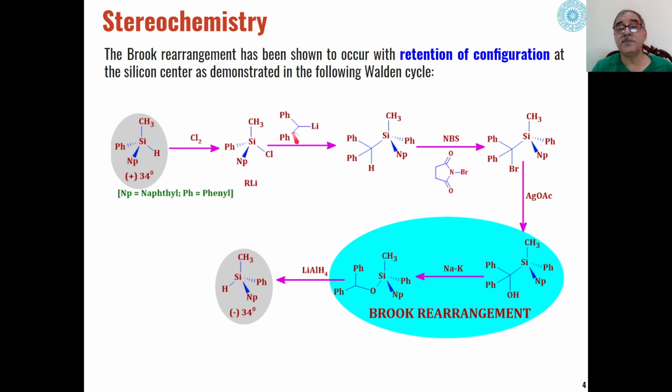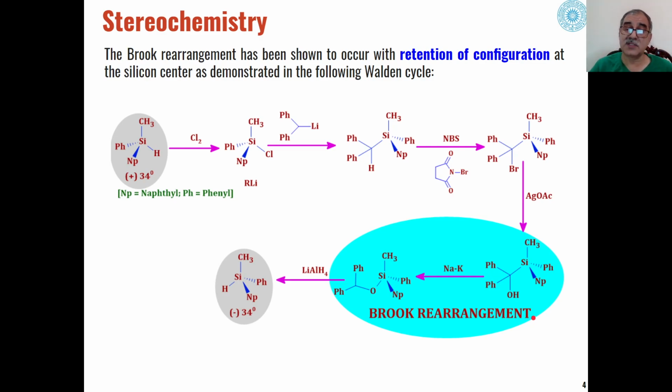This is the leaving group. This is the species which is going to be added to this silyl halogen. And now this product formed will be with the inversion of configuration. And when this undergoes bromination at this position in presence of n-bromosuccinimide, then the configuration of the product formed will remain the same. And this bromo product on reaction with silver acetate will give us these types of alpha hydroxy